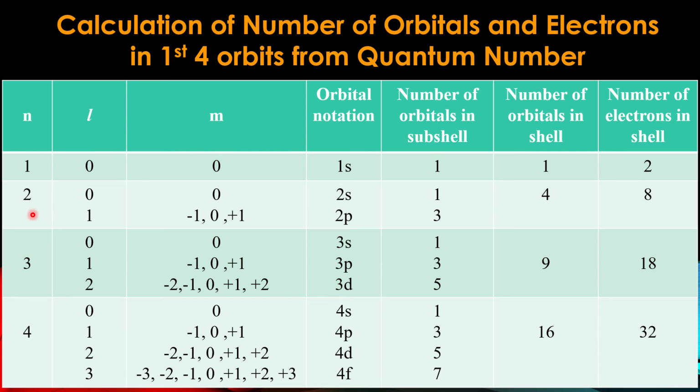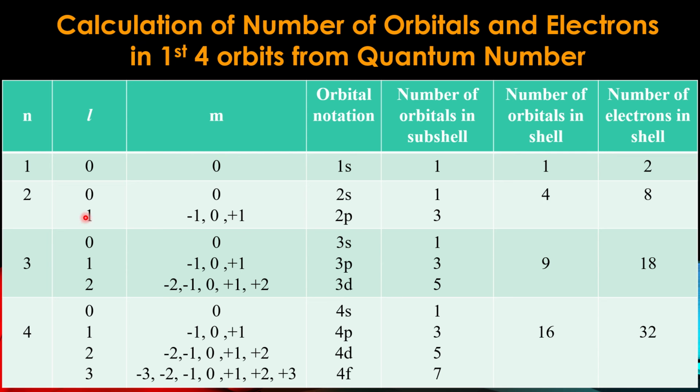Now look, for the second shell, when n equal 2, we get l has 2 values, 0 and 1. For every value, we will calculate the total number of orbitals. When l equal 0, m equal also 0, and this is the 2s type orbital. Second shell, so it will be 2, and since l equal 0, it is the 2s orbital. Now, how many orbitals are there? Only one, because the value of m is only 1, that is 0.